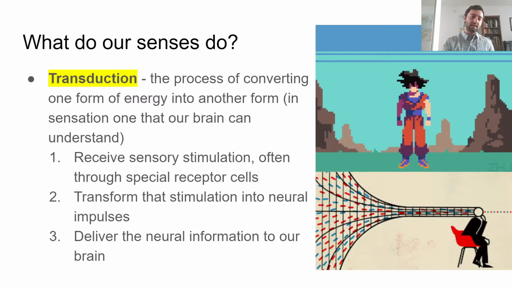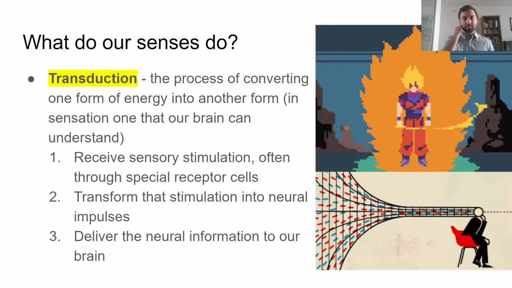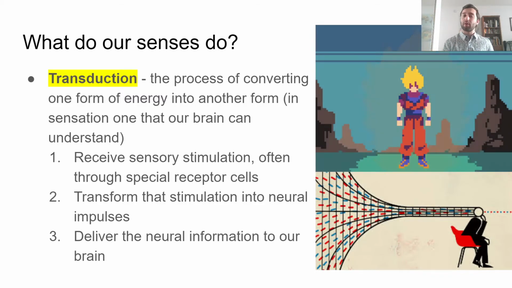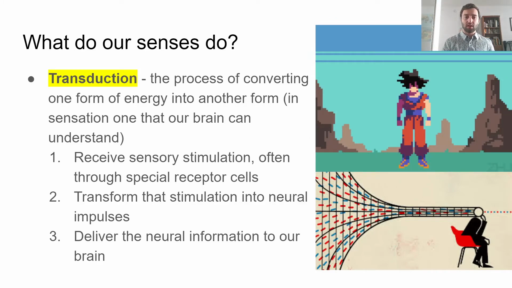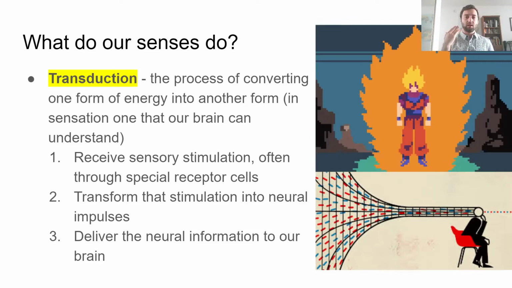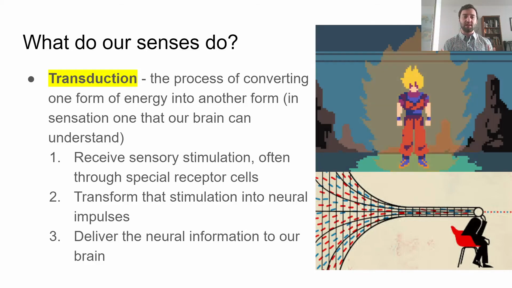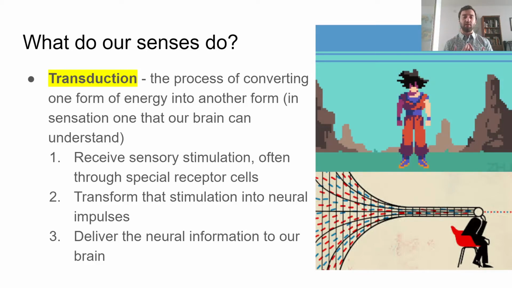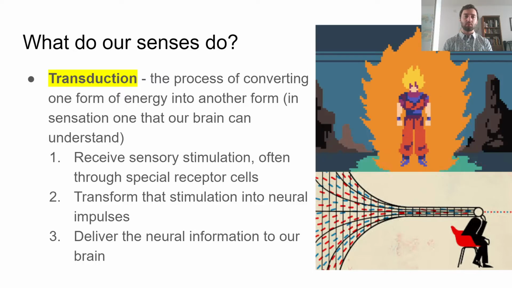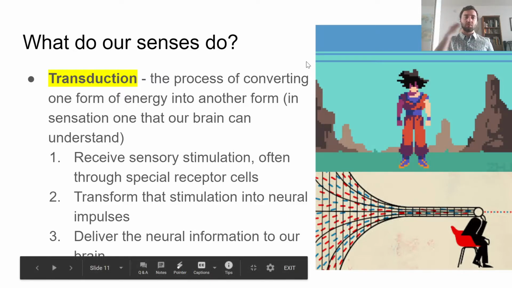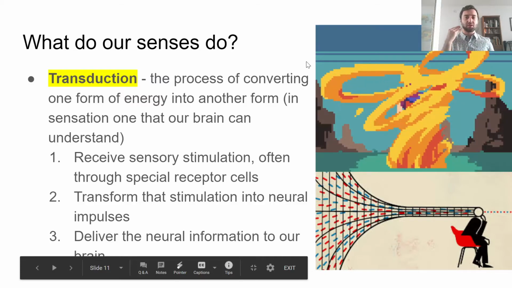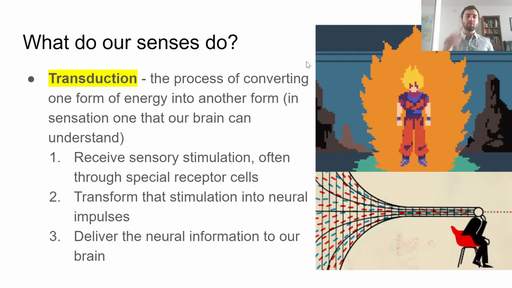That neural impulse then has to get to our brain. Now again, our brain understands neural impulses. That's how it works. So that neural impulse gets to the brain, right? It goes to all the different parts of the brain that it needs to, and it gets interpreted, and then we hear sound, okay? Whatever sound that it is. So again, those are our 3 steps: receiving the information, turning the information into a neural impulse, sending that neural impulse to the brain.